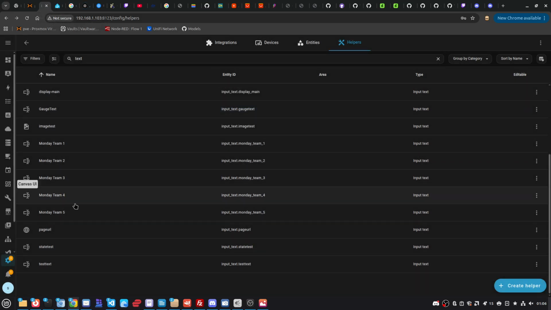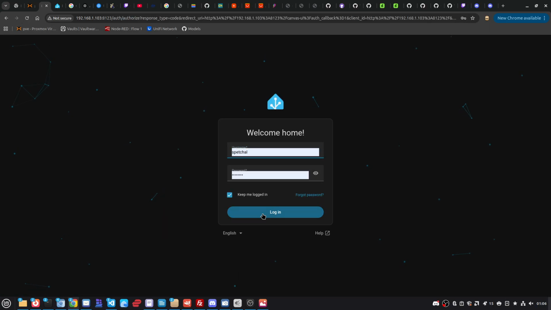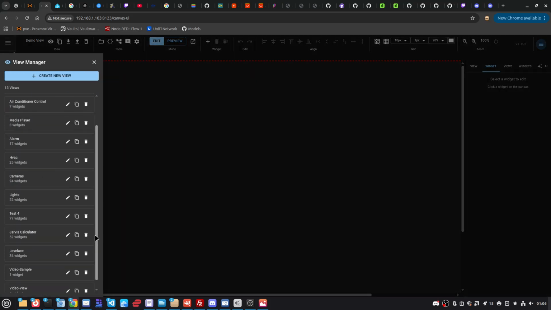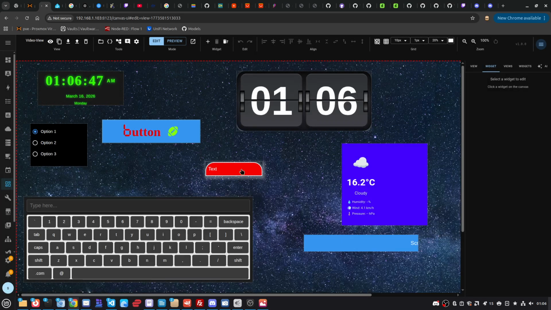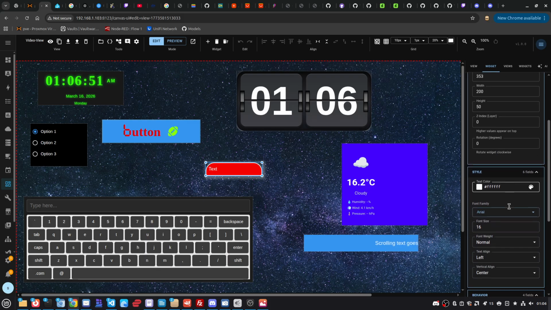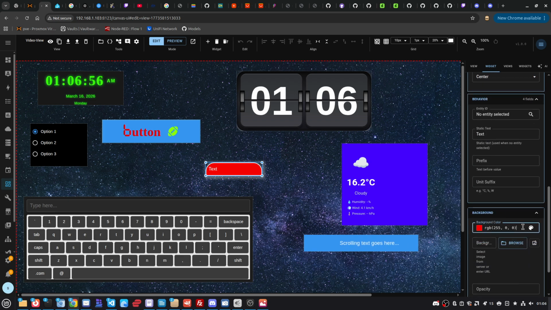Go back to Canvas UI. Let's set the color, the background color, to